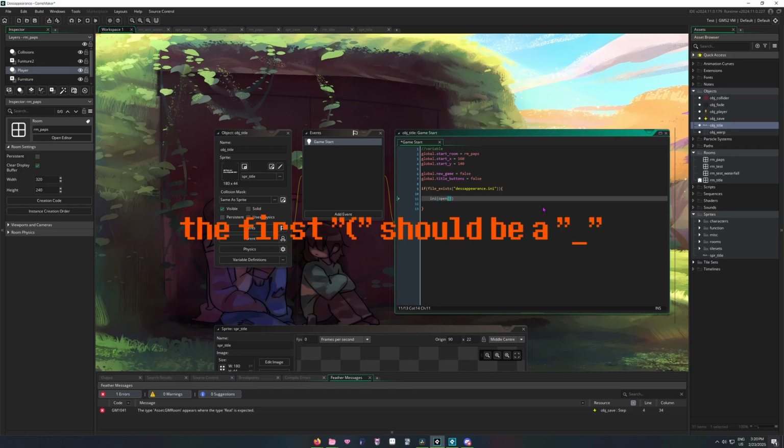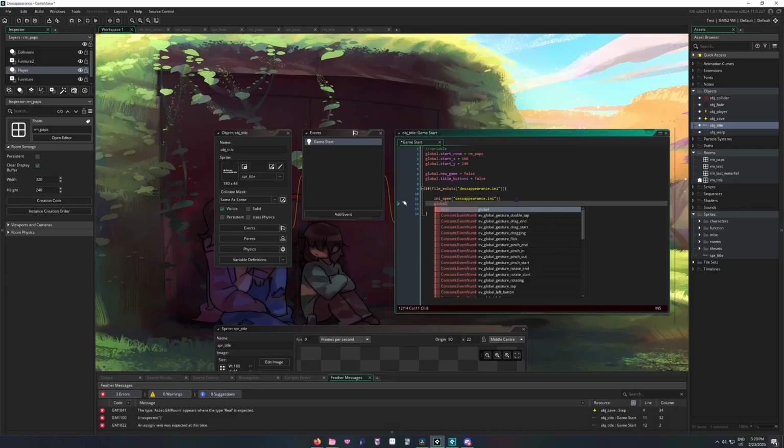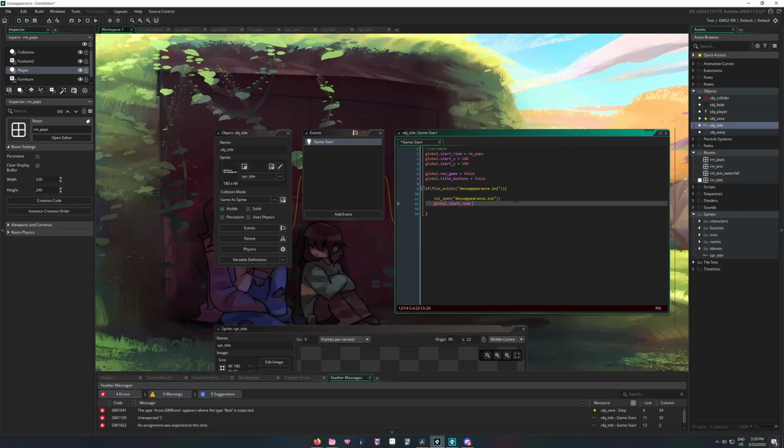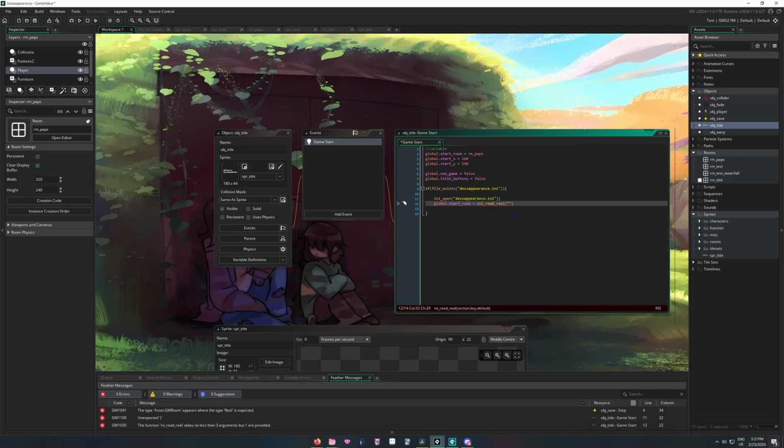We want to say ini_open, and then we can just copy, not the period, the name here, .ini. I did this wrong, it should be ini_open, there we go. Alright, and then global.start_room equals ini_read_real, parentheses, quotation marks. I think that is the wrong read. There we go. And then save1,